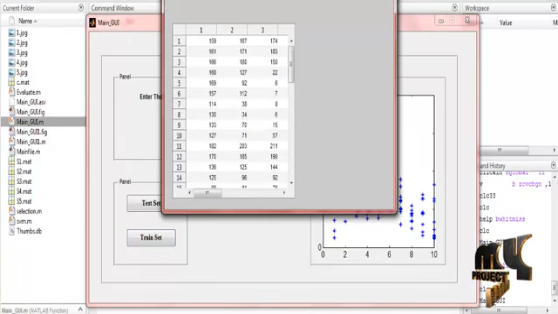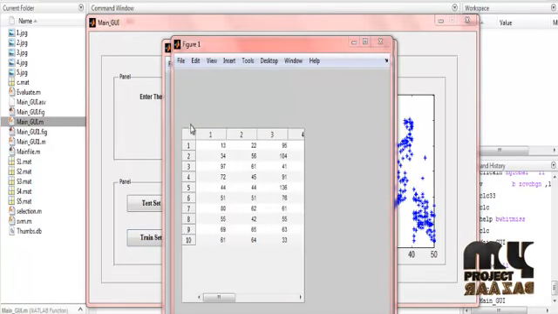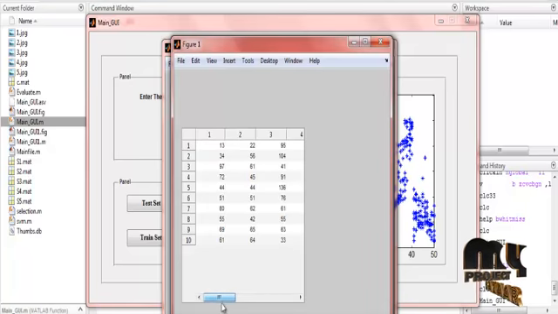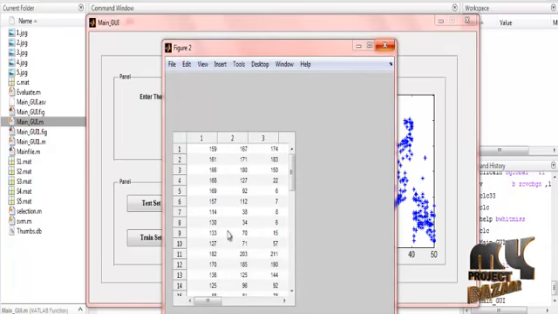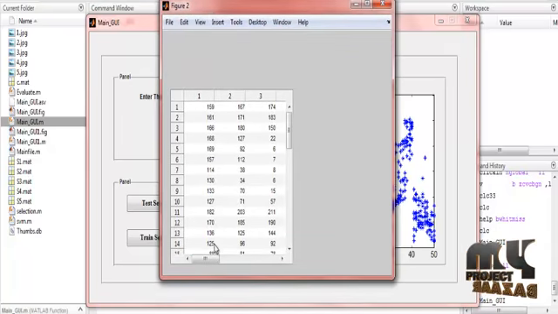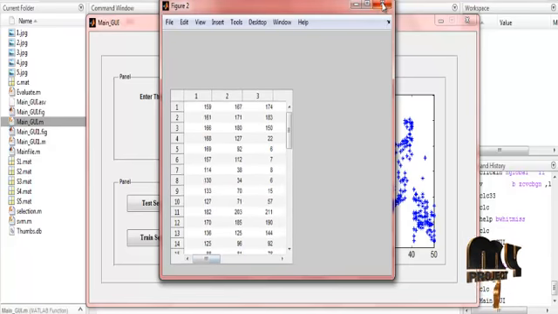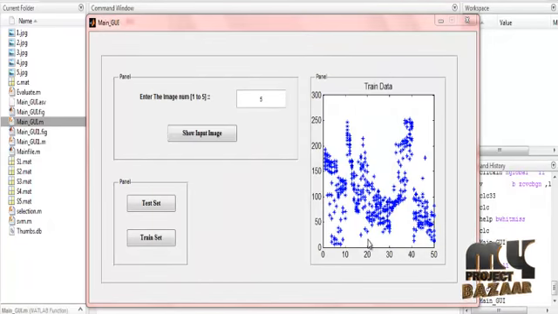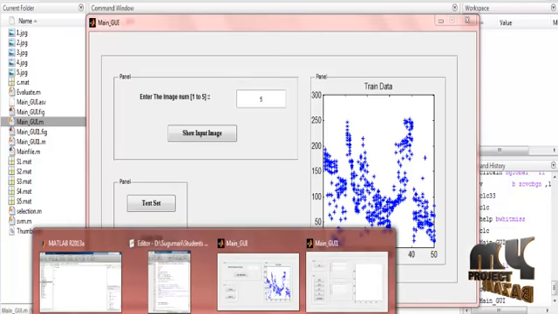These are the training values. Yeah, these are the test set values. So the test set values are displayed and these are the train set values. Whatever the train set value may be, it is displayed. So these are the training data of the process. Again the next figure is shown.